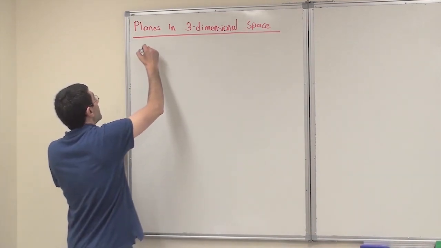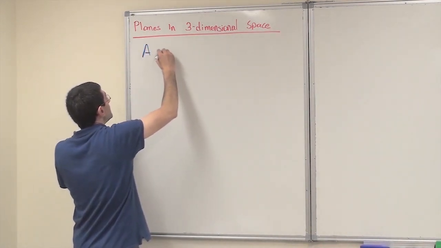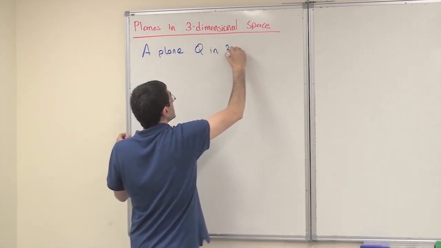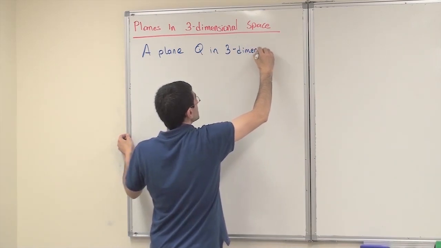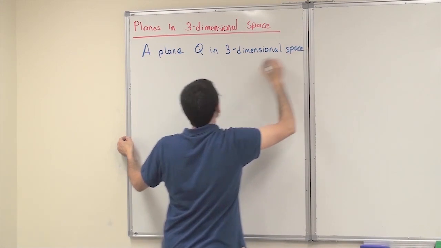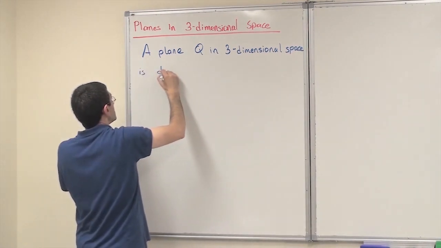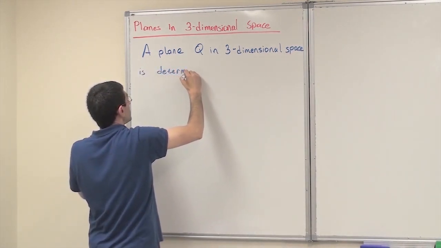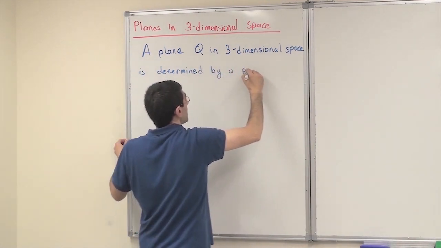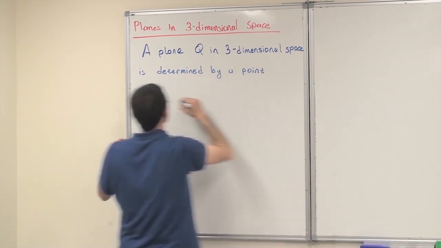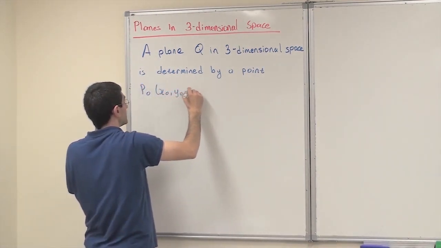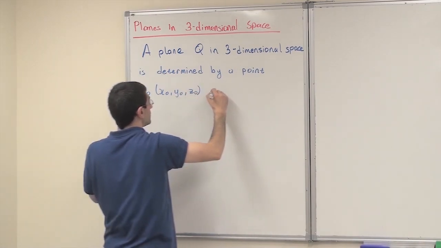So, a plane Q in three-dimensional space is determined by a point, call it P naught, with coordinates x naught, y naught, z naught on the plane,